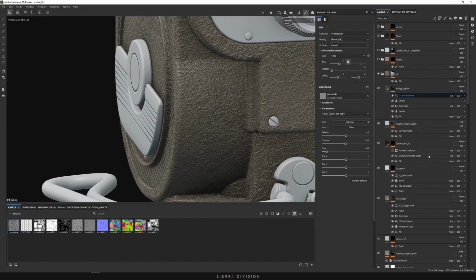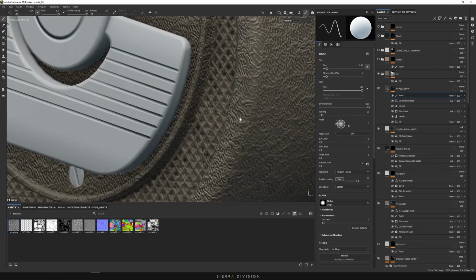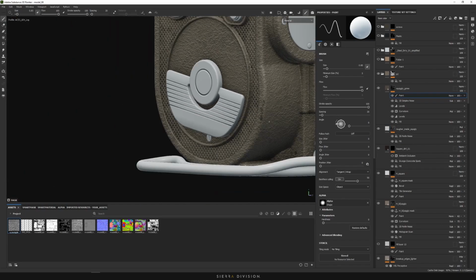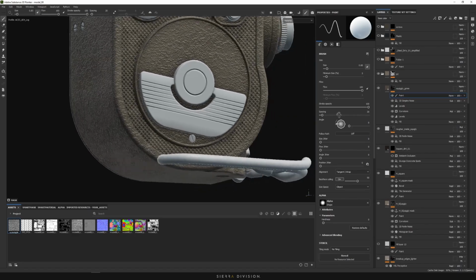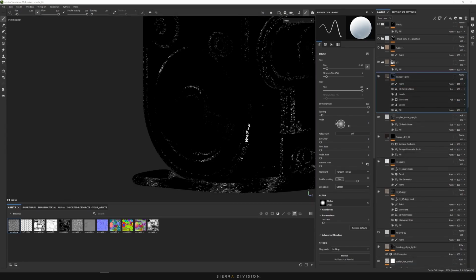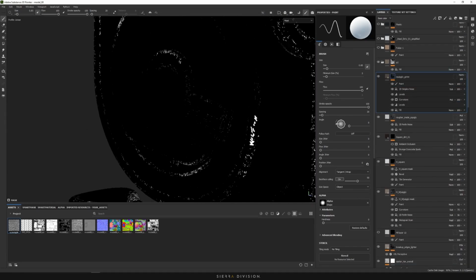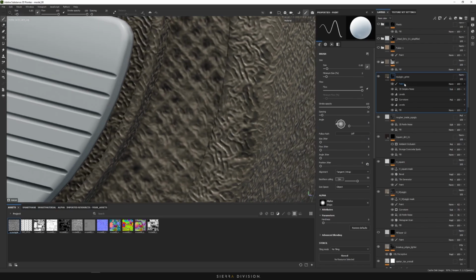So next thing, if the mask doesn't really show what you want, just feel free to hand paint in your own stuff, just by doing some kind of squiggly stuff, basically stuff like this. Then you have it kind of hand painted and a bit more detailed than if you just had a pure mask. Now if we take a look at the grime mask, if we hand paint, we can see that it's kind of painting over the extruded parts, and we don't really want to have it on the extruded parts, so we're